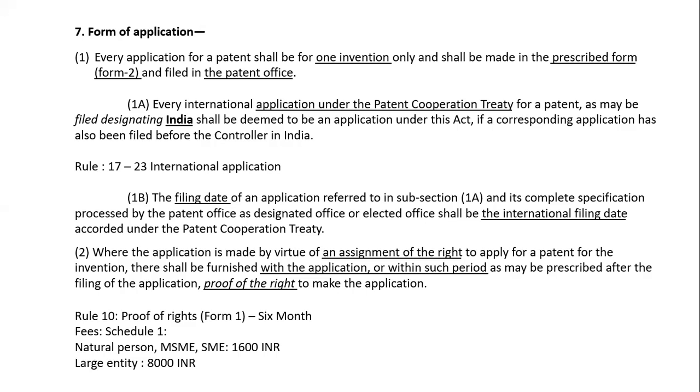अगर हम application file कर रहे हैं as an for the natural person, the fees is 1600 and for the large entity 8000. अब अभी जो जितने भी rules amend हुए हैं in the latest amendment, there is only 2 category for the fees. That is, one is for the natural person, that comes under MSME, SMEs and small entities, everything. And for the second category is the large entities. Okay. Now,